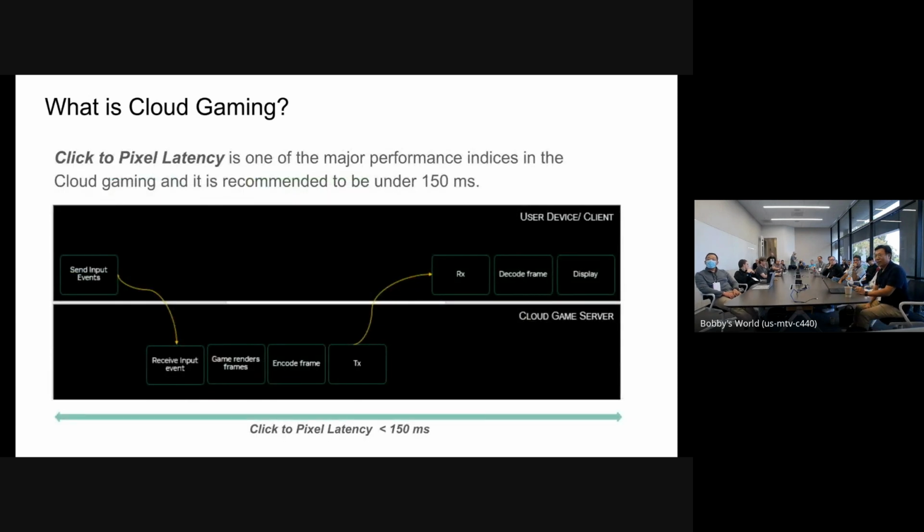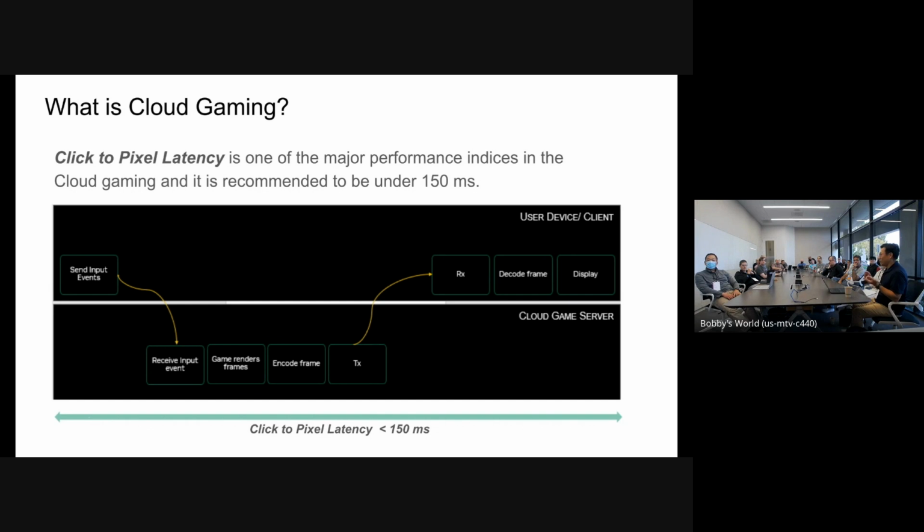And there's one thing unique on cloud gaming compared to other video conferencing. This is a very unique way of measuring the latency. We call it click to pixel latency, compared to glass to glass latency, which better highlights what cloud gaming is, because we don't need two-way bidirectional video streaming.